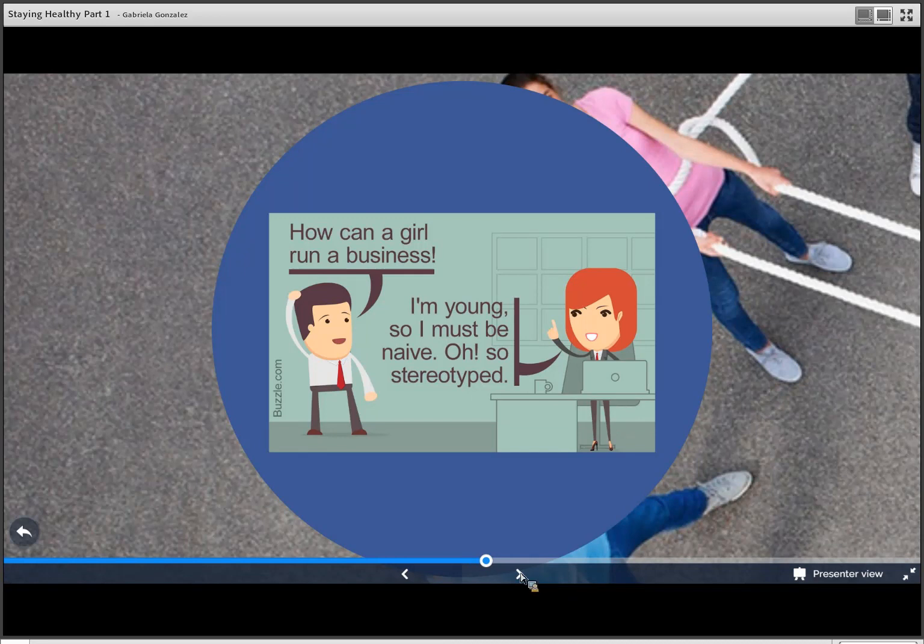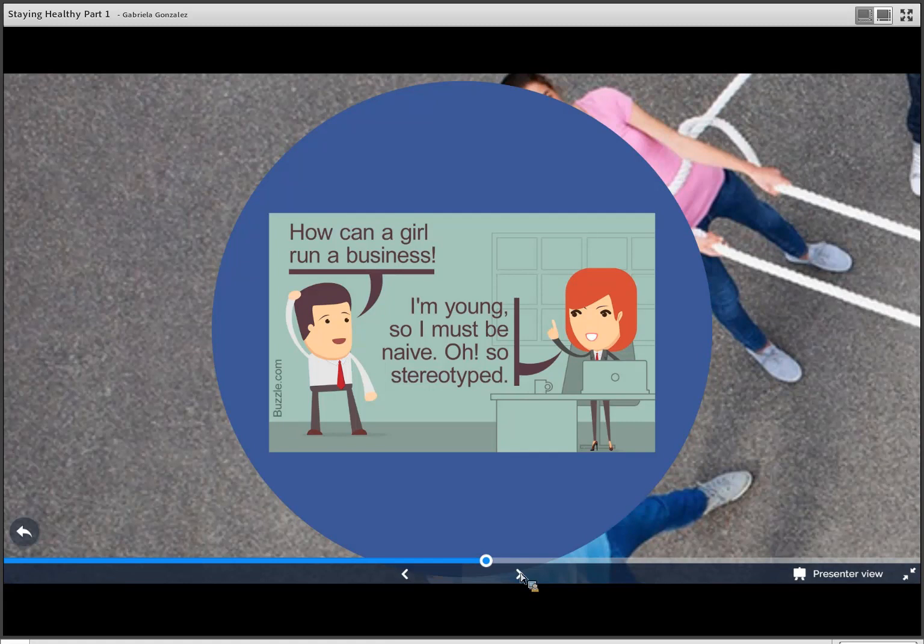And you see on this cartoon here, I know it's maybe a little bit sarcastic, but these are realities for some people. The guy here says, how can a girl run a business? So he's thinking, girls can't run a business, right? And then here, I'm young, so I must be naive. Oh, so stereotyped. There are a lot of young people out there that are very, very smart and very capable